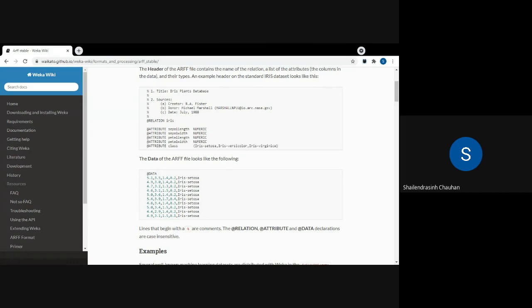So @attribute, the name for that attribute, and inside curly braces, the values. This is the first value, Iris-setosa. This is the second value, Iris-versicolor. This is the third value, Iris-virginica. So this attribute class can have any of these three values only. It cannot have any other values. Please note one more thing: you cannot have a space in between. You can use a dash, you can use an underscore, but you cannot use a space. So these are the 5 attributes for the data set iris.